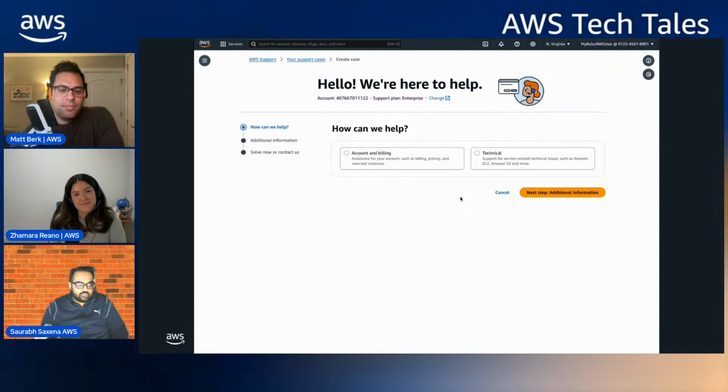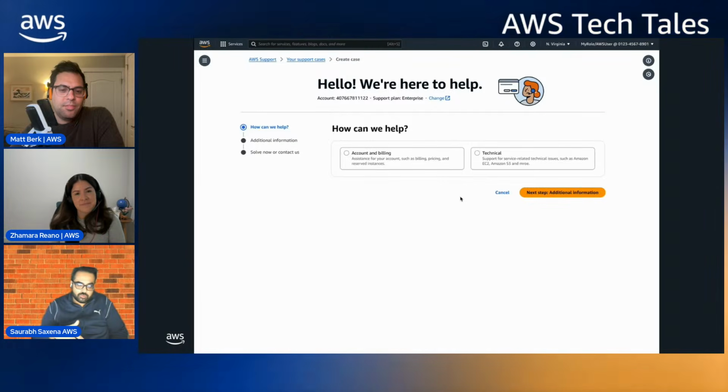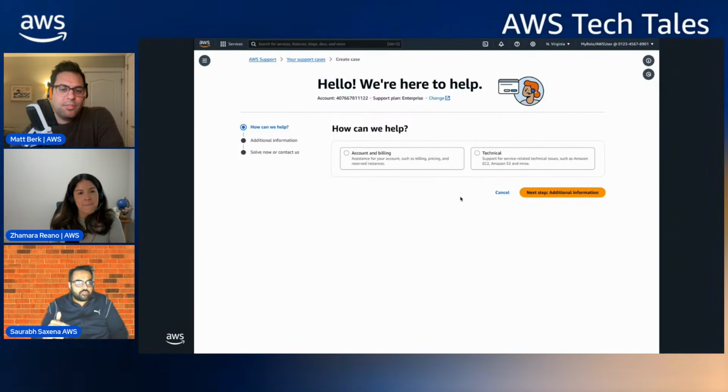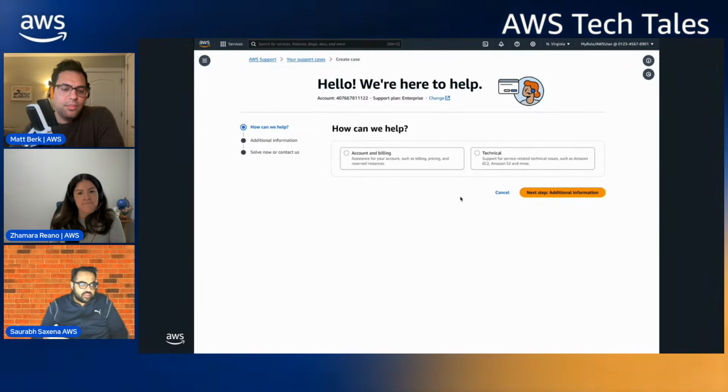That is what I've been talking about, where we now have an AI first experience in Support Center. You can put in your questions, it knows who you are, and it knows about your resources and the metadata it has access to, and it can give you a lot of good contextual responses. That could save you time creating a case and then waiting on a human to reply back. And you may end up getting the same answer.